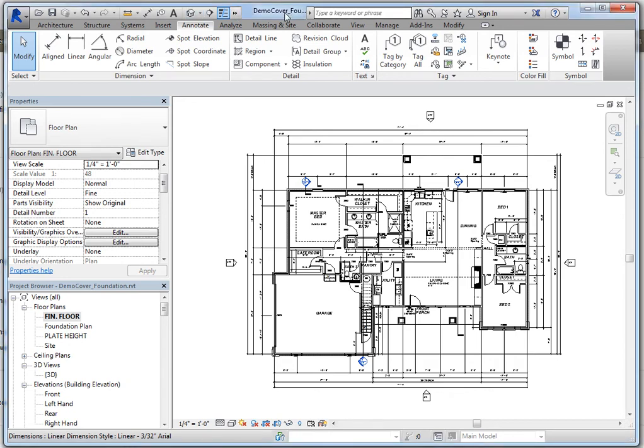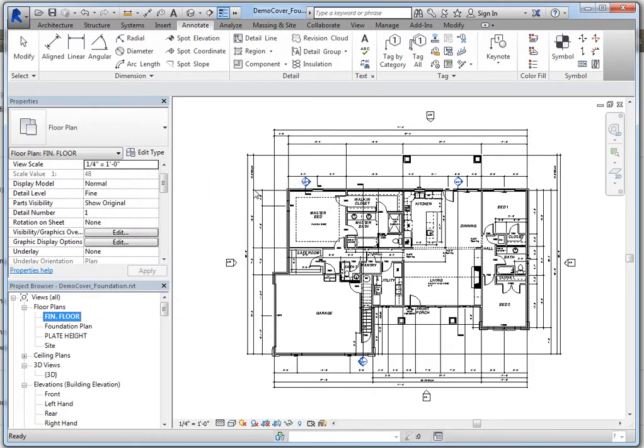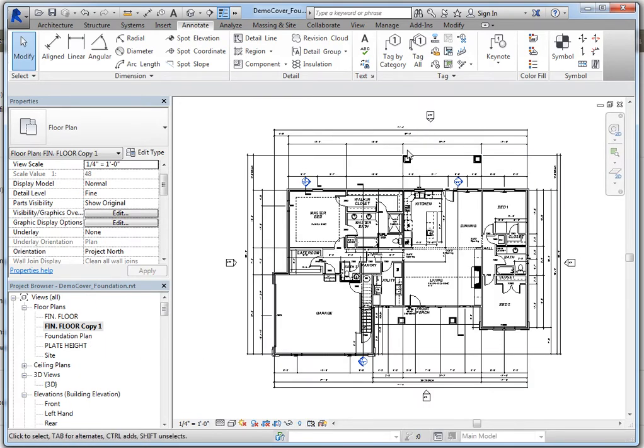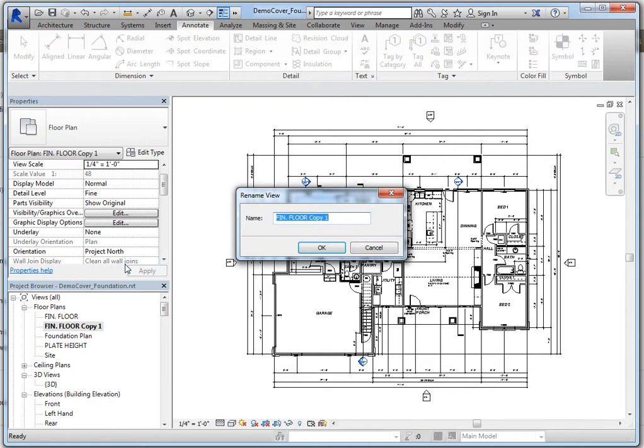So the next thing I want to remind you is how to create the cover floor plan drawing. I'm going to start with the completely finished floor plan drawing. I'm going to right click on that and duplicate the view. In this case, I'm going to duplicate it with detailing, so I get an exact copy of my floor plan. I'm going to rename it to cover,